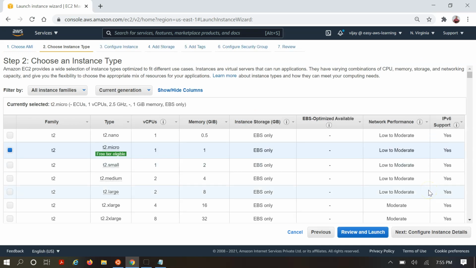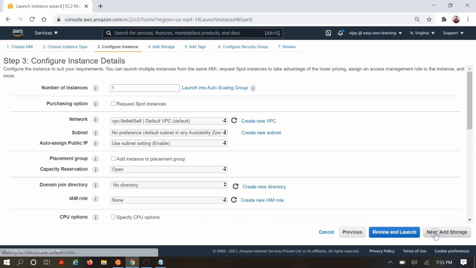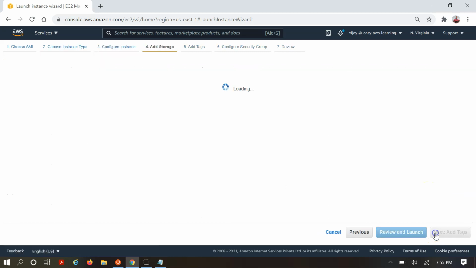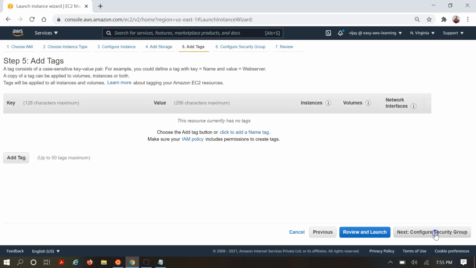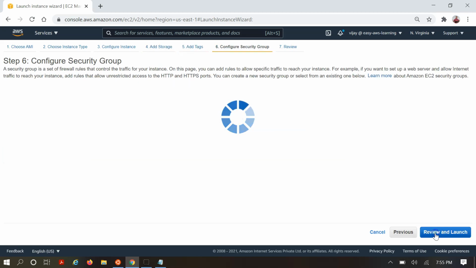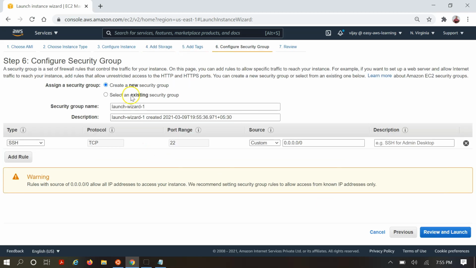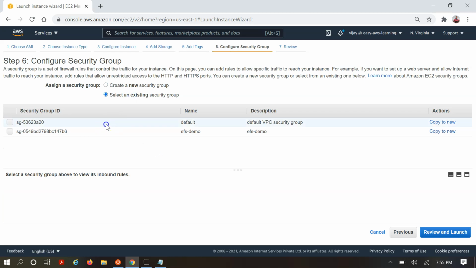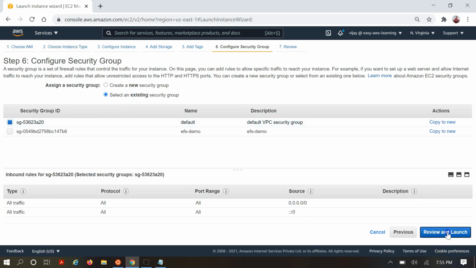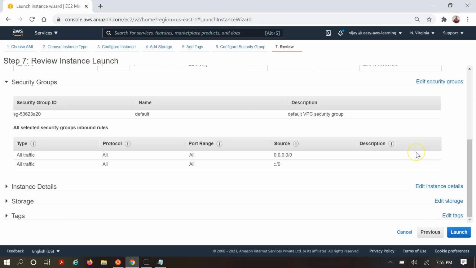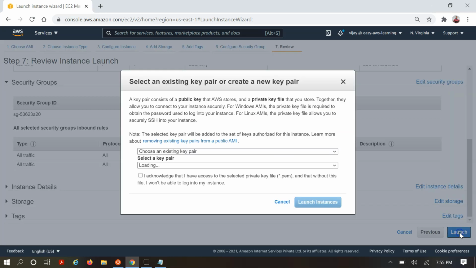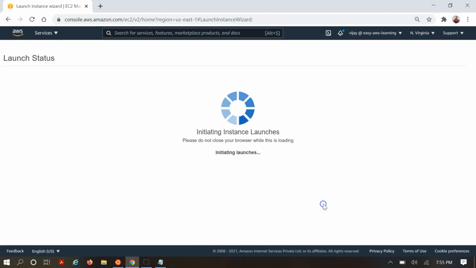We'll go for the T2 micro. Taking the default configuration here. Tagging as default. Security group, just using the default one. Validating the information and launch instance here. Let's pass the PEM key here.